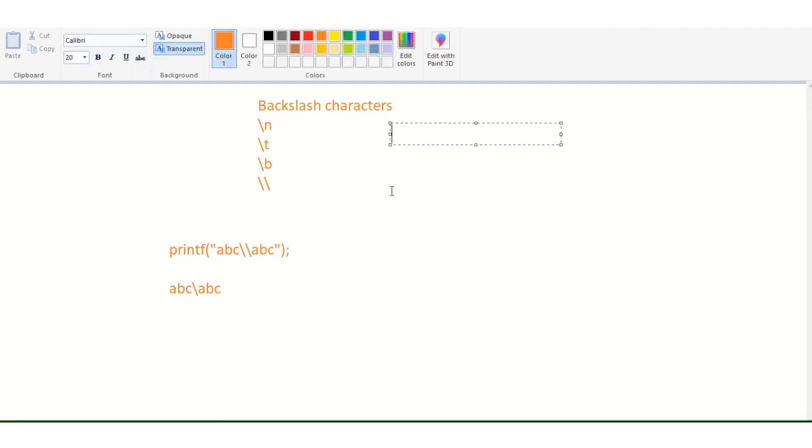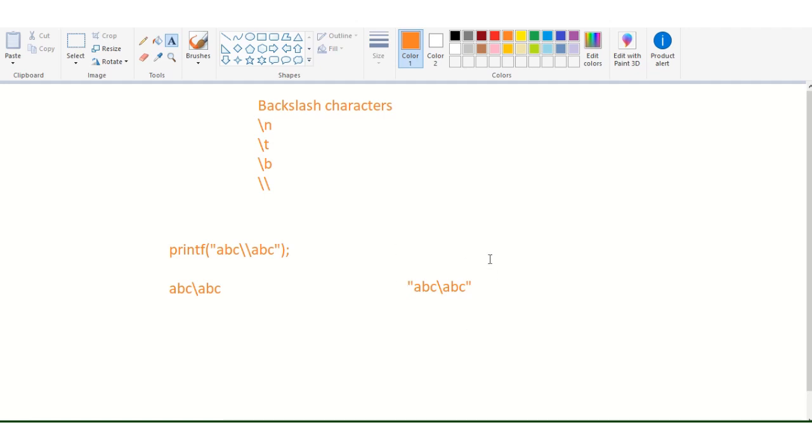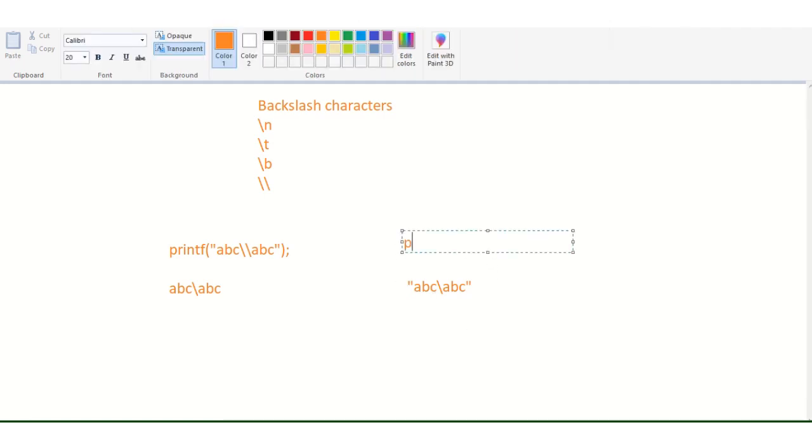If you want to print, like I want my output like, double quote abc slash abc double quote, how do we get this output? We use printf, and then first of all slash double quote abc, then slash, abc, and then again slash double quote.